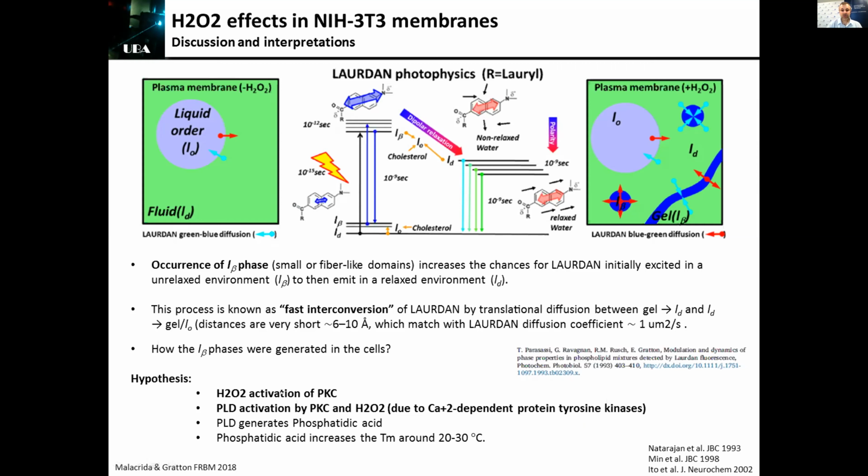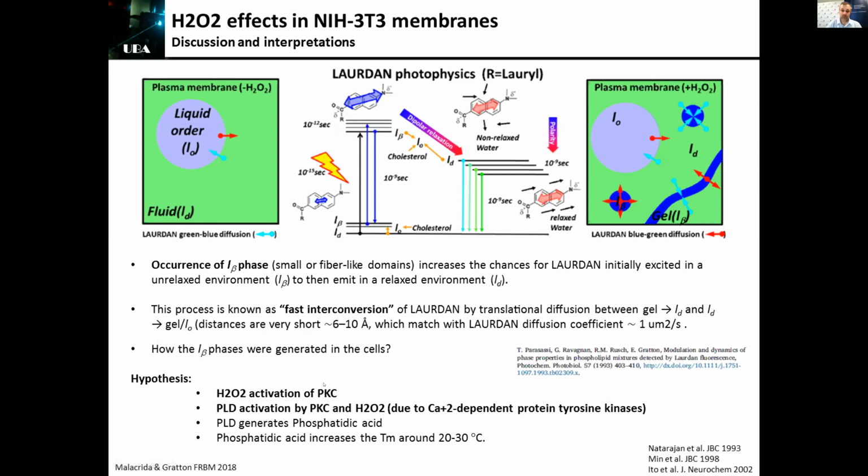And this changes quite a lot the melting transition of the phospholipid, making it completely solid at the temperature where we ran the experiment. So in that case, what we hypothesized is that if we have this situation,